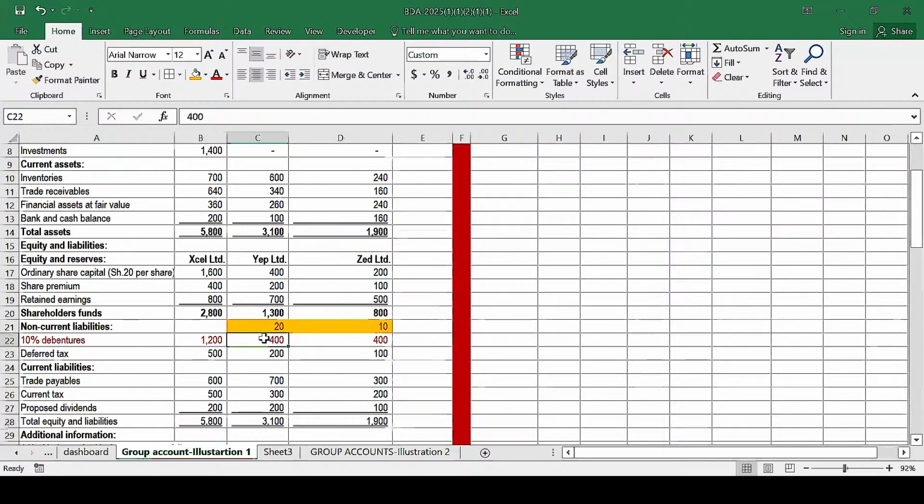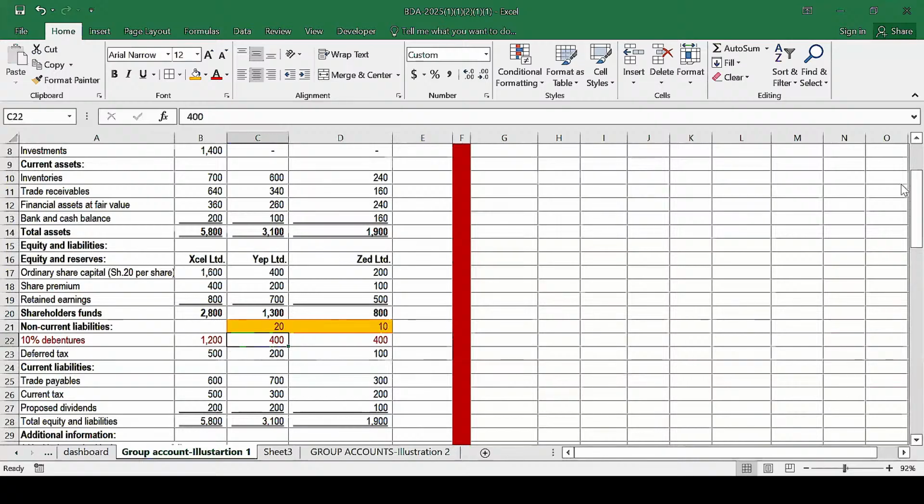They have been issued to the parent company. So when preparing the group statement of financial position, those particular debentures which are issued by YEP to the parent, we are going to exclude them. We are going to, or actually, we are going to eliminate them. So we will take this plus this, but we are going to eliminate half of this